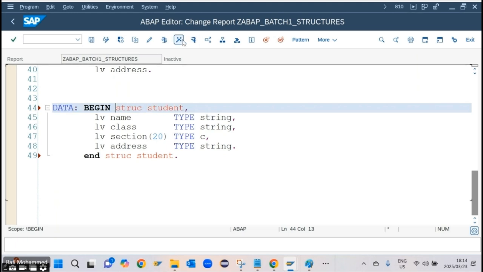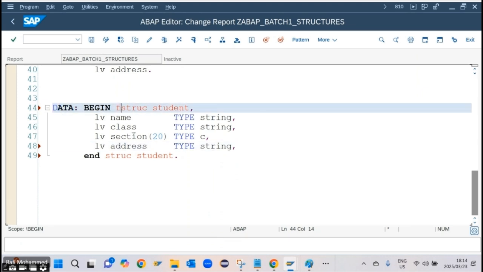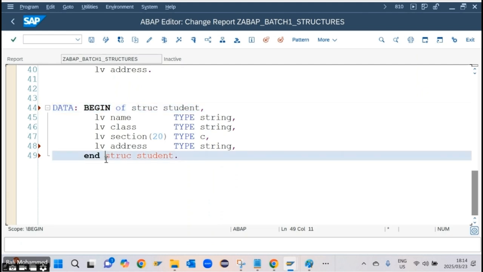Need to give a comma at the end of the LV address string. Yeah, that is a catch. Correct. So this is not the ending. The ending is this one. So this is how your